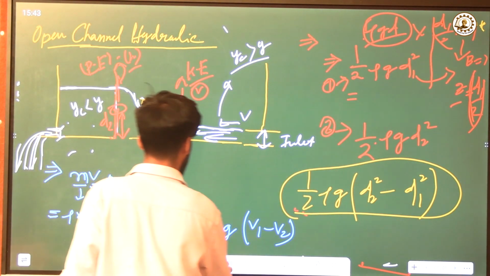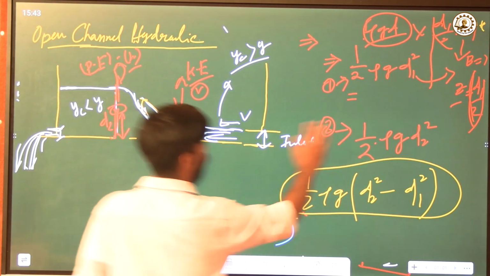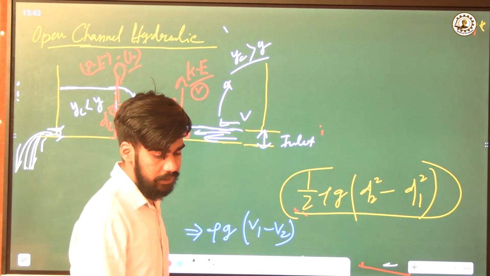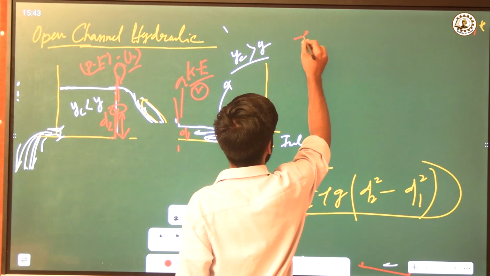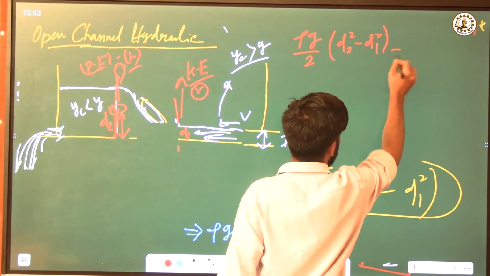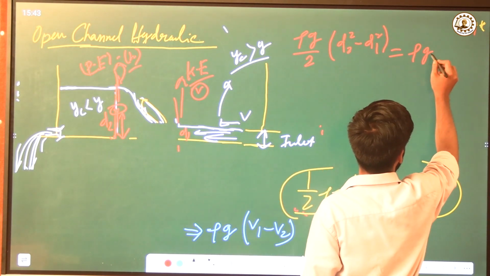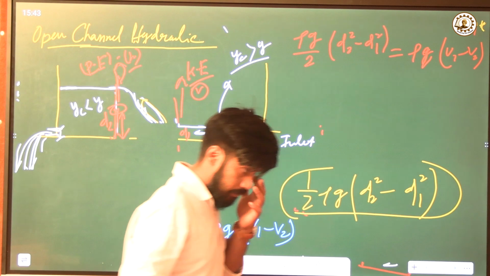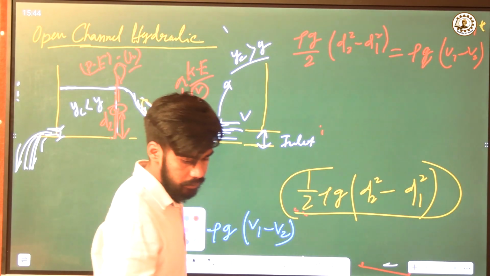Now, according to Newton, these two values are mathematically the same, so we can put rho g by 2 into d2 squared minus d1 squared equal to rho q into V1 minus V2. Then we can have,